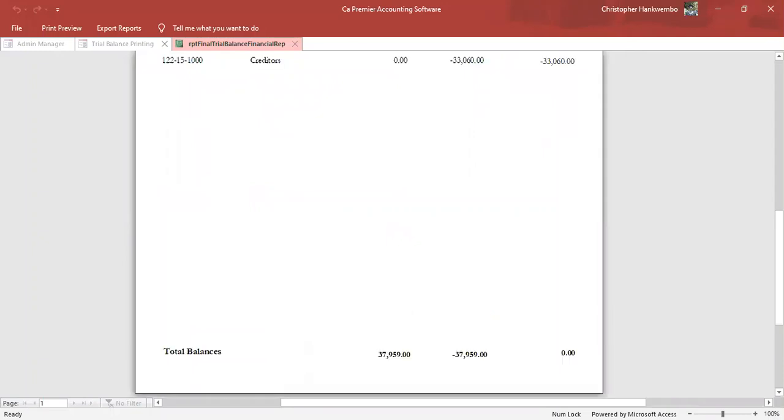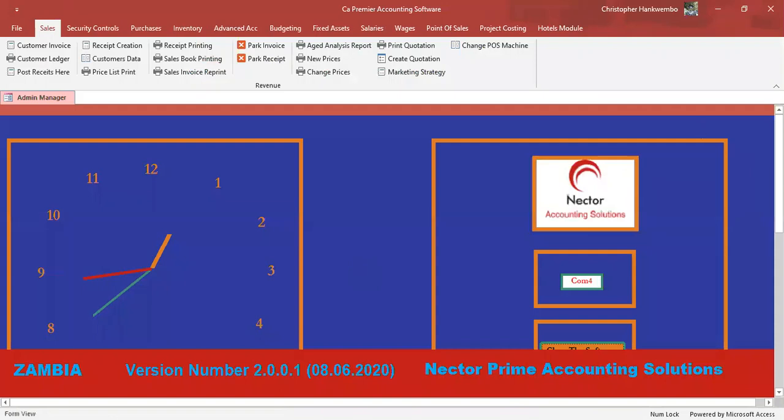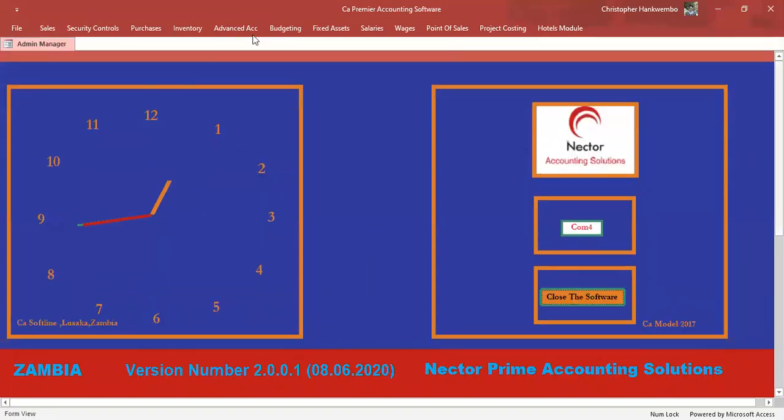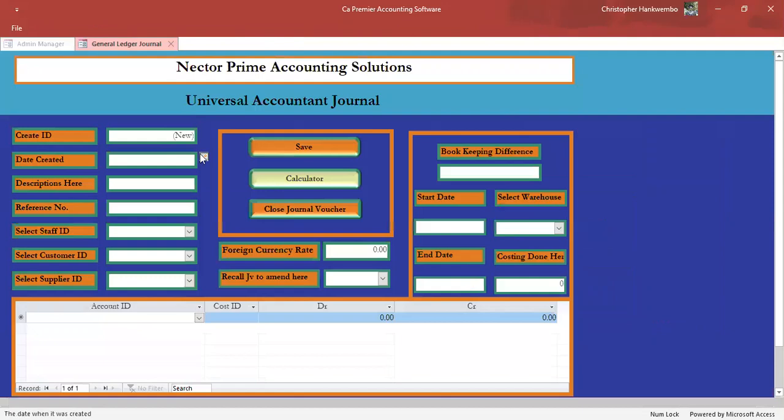Now the next thing, people, let's move on and see what happens when we use a journal. Let's say we have some stationery to be used in our store, in our office. Let's see what happens from there. You go under advanced, then create a journal. Under a journal here, you can select the date, let's say today's date. We have set stationery